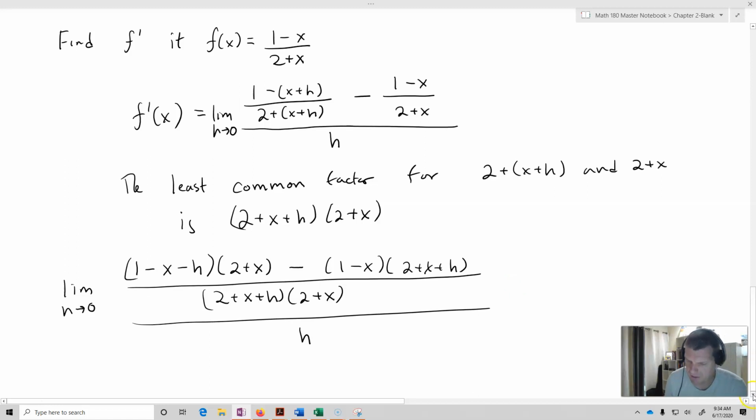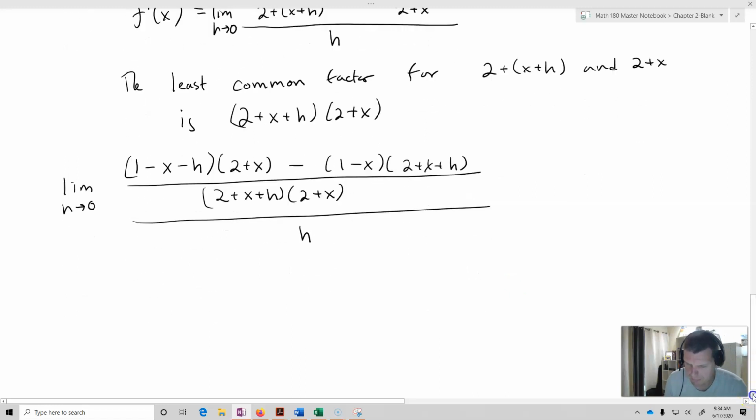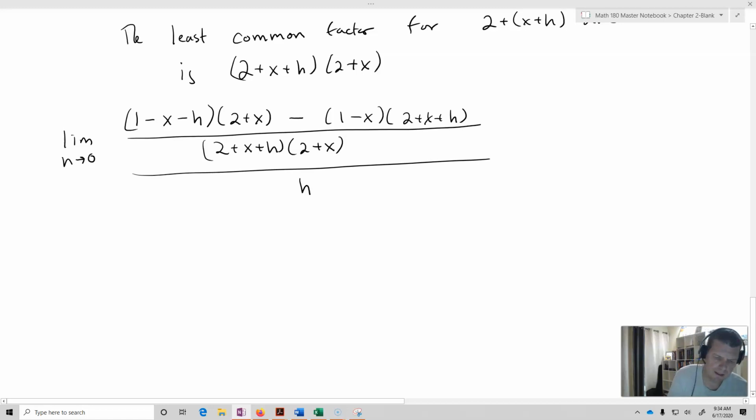So now I'm going to have to scroll up a little bit. Okay, this is going to equal the limit as h approaches 0 of, and now let's do some multiplication here. So this is going to be 2 minus 2x minus 2h plus x minus x squared minus 2h, or minus hx,